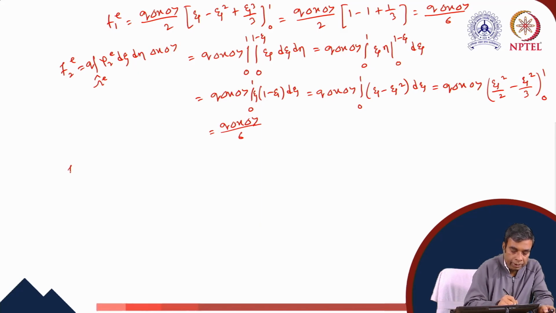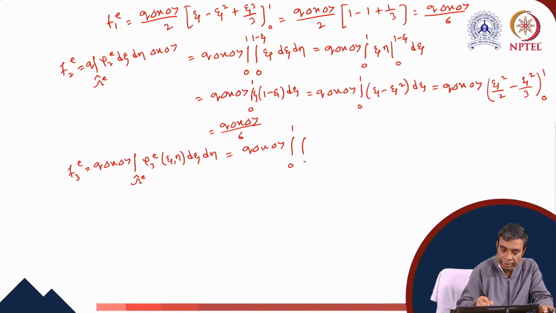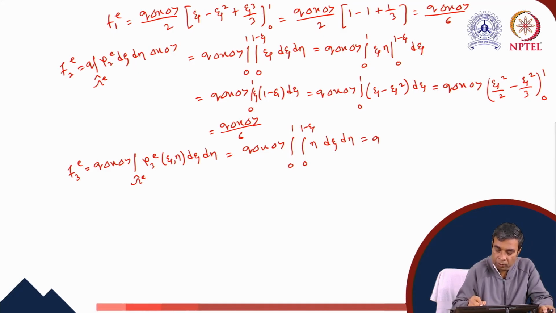It can be shown that f3e equals q delta x delta y integration over omega e of psi 3e, which equals q delta x delta y integration 0 to 1, integration 0 to 1 minus xi, eta d xi d eta, which equals q delta x delta y integration 0 to 1